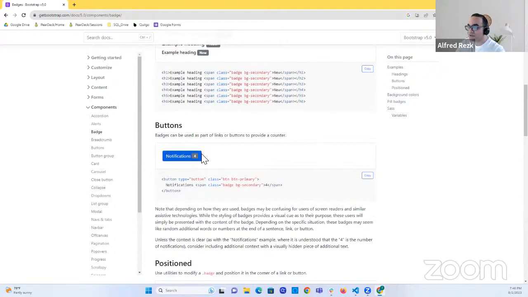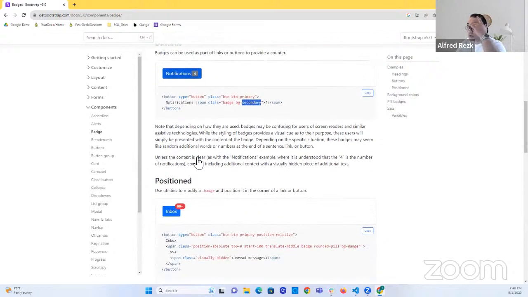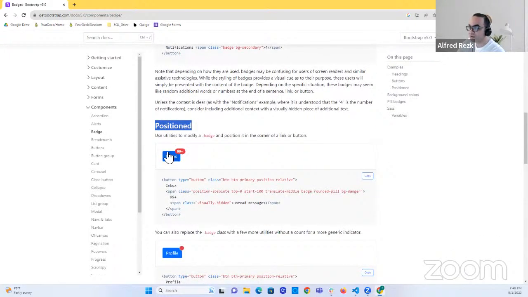You can have the badge inside a button. So you have a badge inside a button, showing how many notifications. You can position the badge too. For example, here you have a button. Let's say this is your inbox, and you have a total of 99 plus. Here they use position relative for the button, and position absolute for the badge, in order to put it at the top